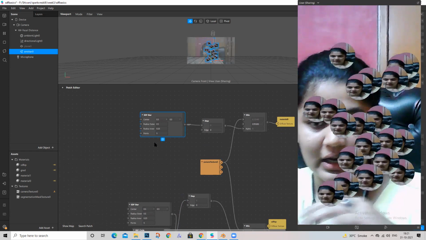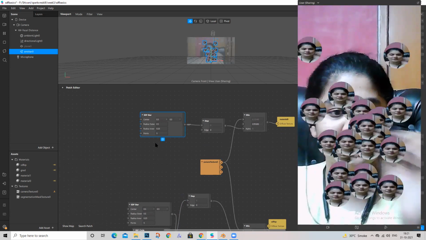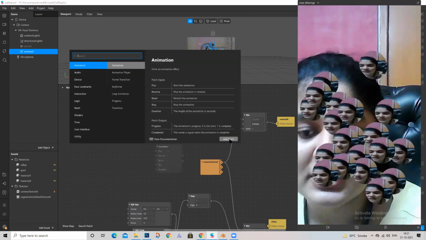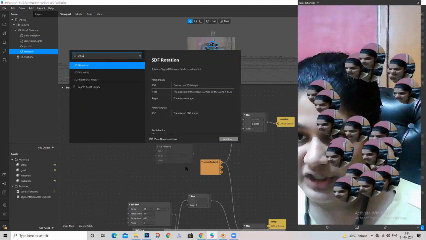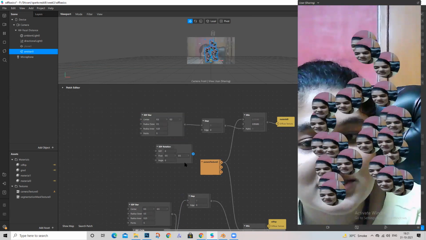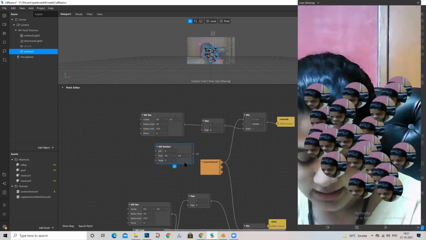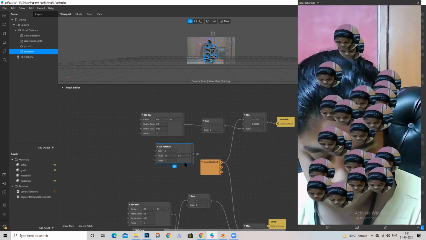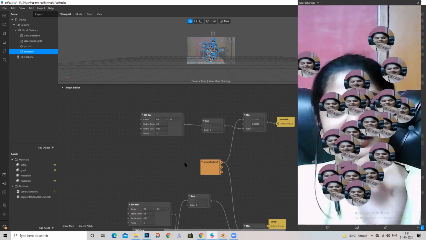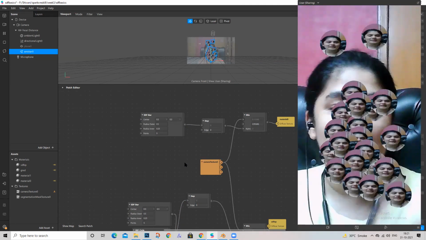If you wanted to rotate totally, there's another SDF patch known as SDF rotation, and you can use this to do that. I'll come to this later on. Okay, I'll come to this a bit later. Any problem so far? How to use camera texture for SDF star, circle, SDF shapes basically.